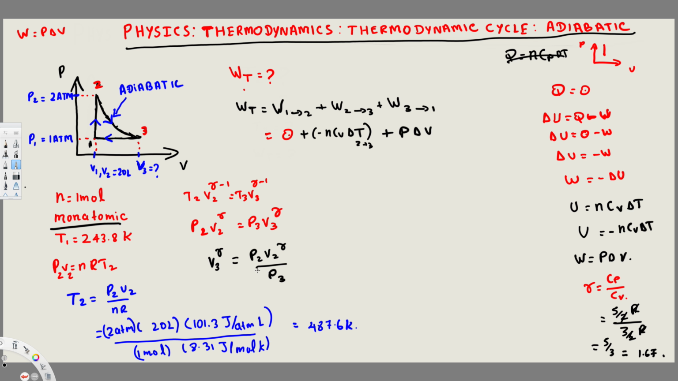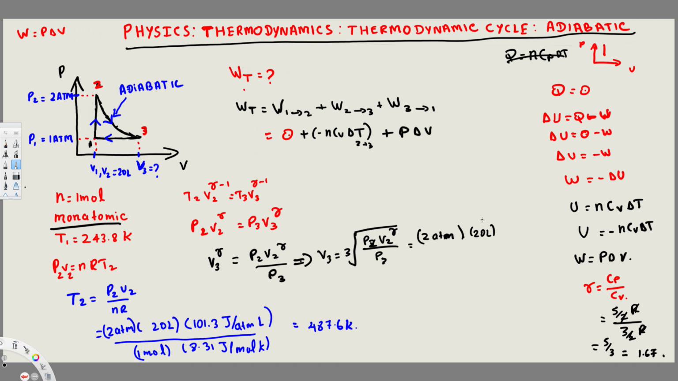So here what I can do, I can take the gamma root. So to find the V3, I can take the gamma root. So this is going to be V3 is equal to the gamma root of P2 V2 power gamma over P3. So here we have P2, that is 2 atm, and then we have V2 is 20 liter